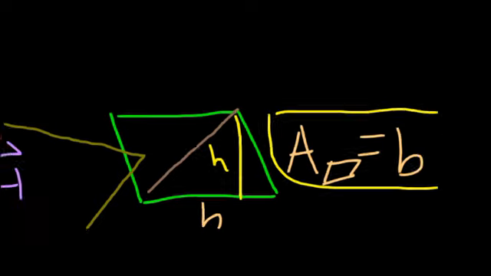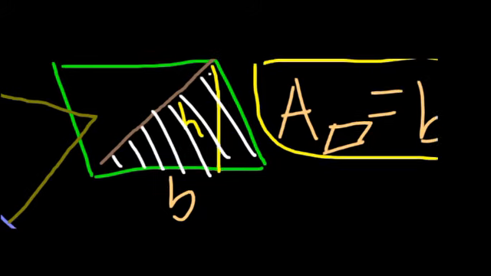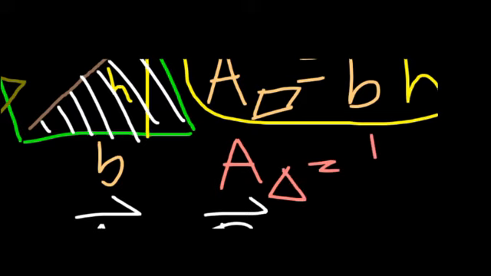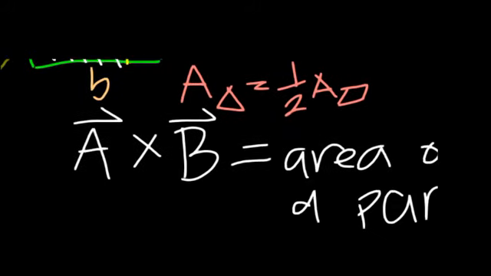This is a triangle. Let's shade it in white. Area of a triangle, color green. The area of a triangle is 1/2 the area of a parallelogram, which means, oh, forgot,